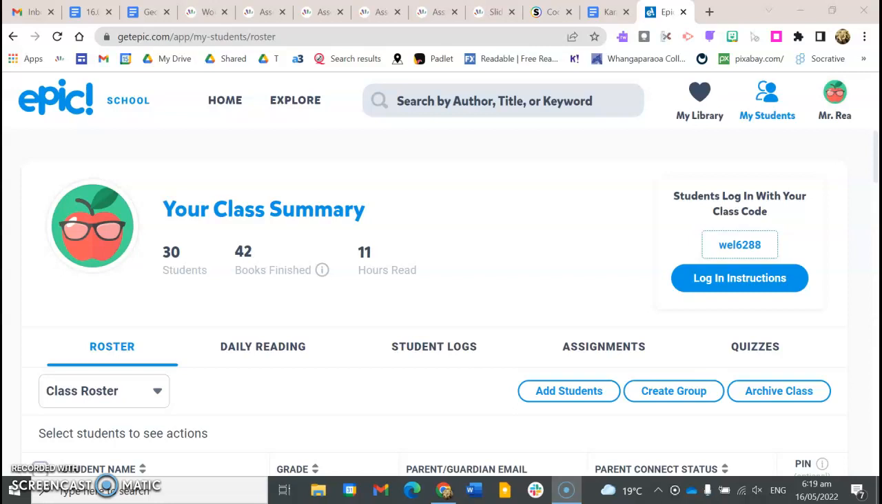Adding a class to your Epic School account. Once you've set up your account, then you'll need to set up your class. All you need to do that is,